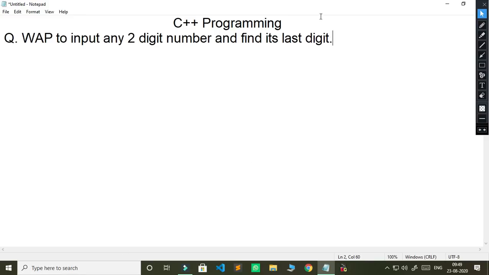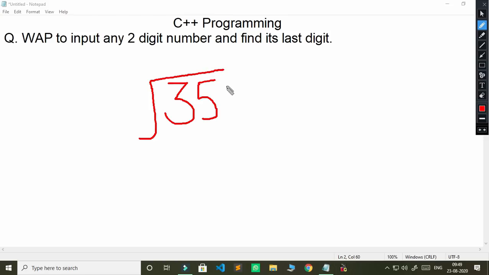So I'm taking one two-digit number. First we will try to understand the logic of the program. I'm taking a number which has two digits, say 35. Children, in your previous question, when we were extracting the first digit, you divided the number by 10.